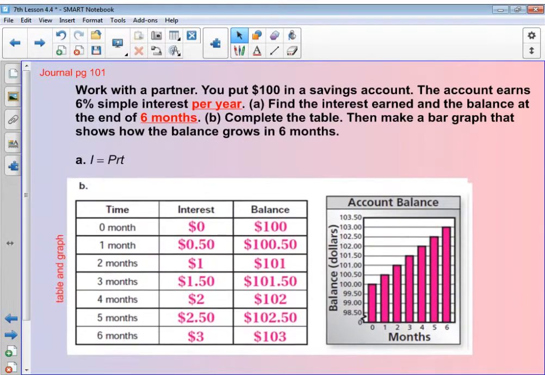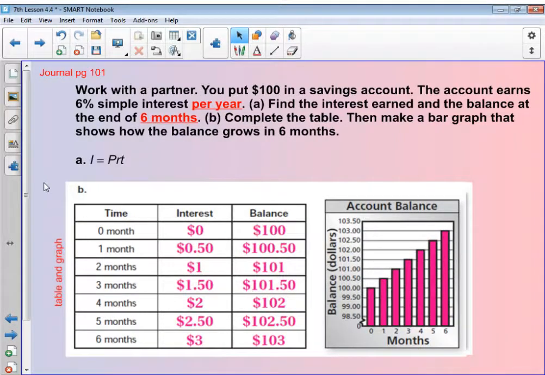Okay, you should have ended up with something like this. Although when we did our interest, remember, we just kept adding and putting 50 cents in here, but off to the side, I was putting these numbers in there also. Either way, we still ended up with the balance. Here on this bar, this one I did a bar graph. We were doing a line graph when we went through and did that. We plotted the points. Okay, so that's working with just understanding earning that interest. At the end of 1 year, we would end up earning $6. Here we only ended up $3 ahead because we had only kept it in there